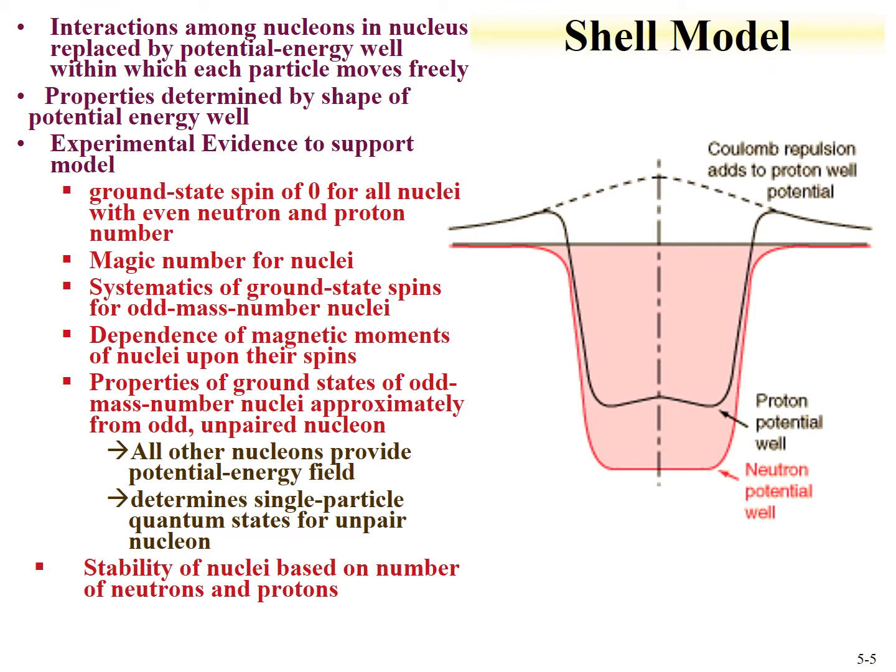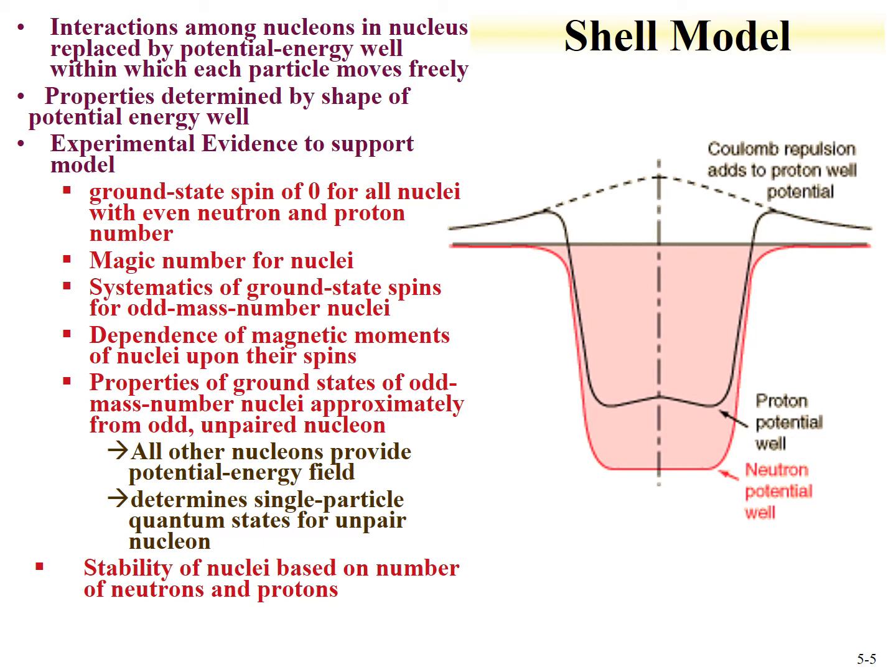These concepts and ideas that we've just discussed can actually be applied to the shell model. And we've already kind of hinted at the shell model where there's some experimental evidence. For instance, the ground state spin for all even nuclei is 0 plus. We've discussed magic numbers. So there are certain nuclei or certain states where there's enhanced stability for nuclei, which is pronounced in fission, for instance. There's some systematics on ground state spins for odd mass numbered nuclei,